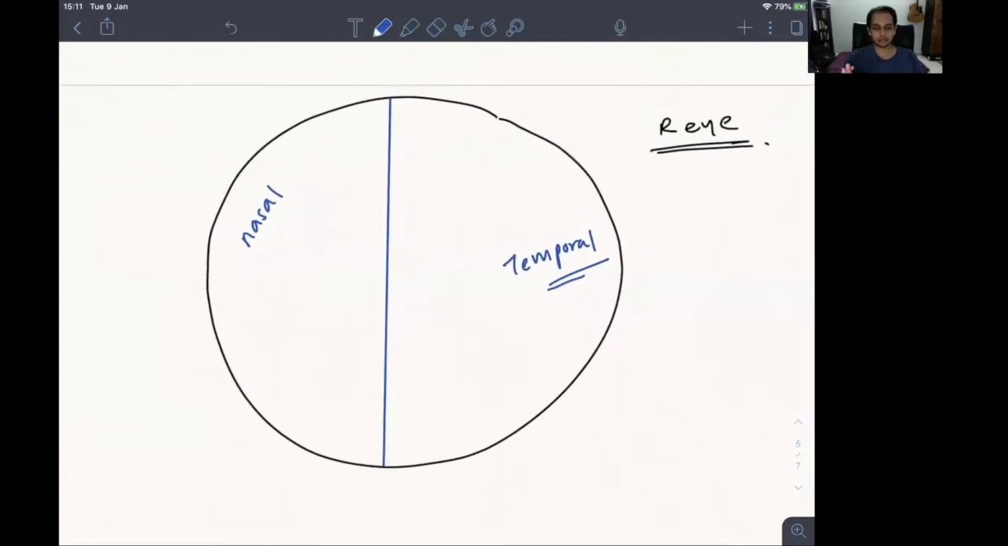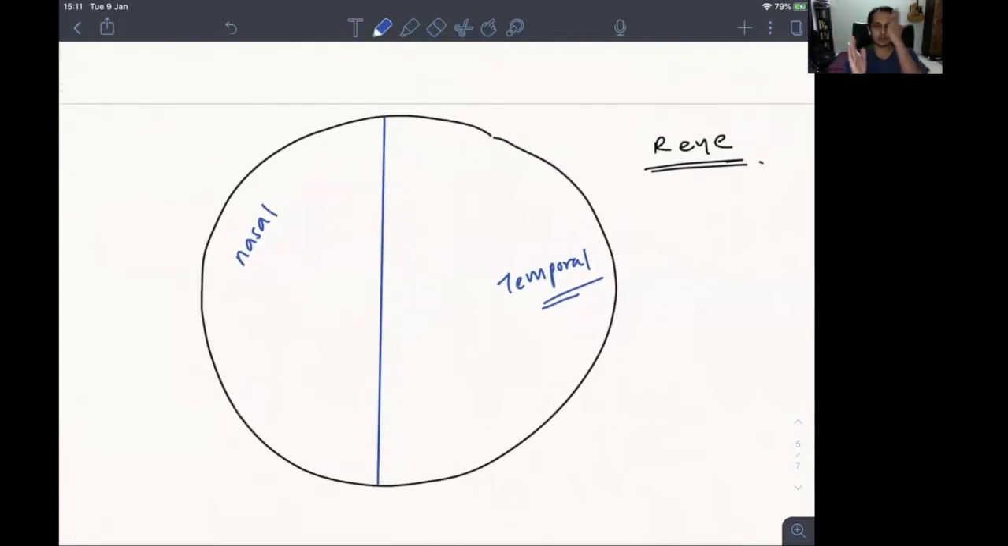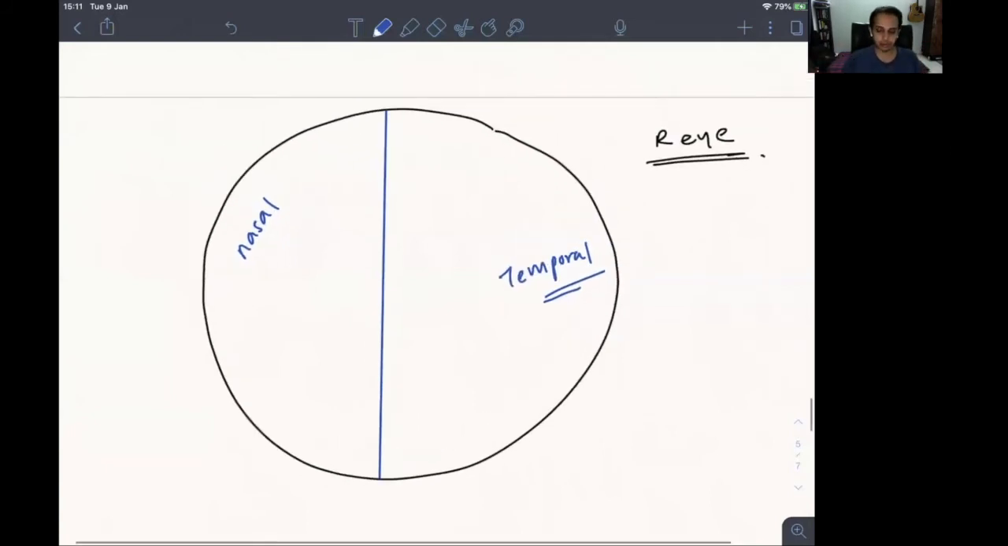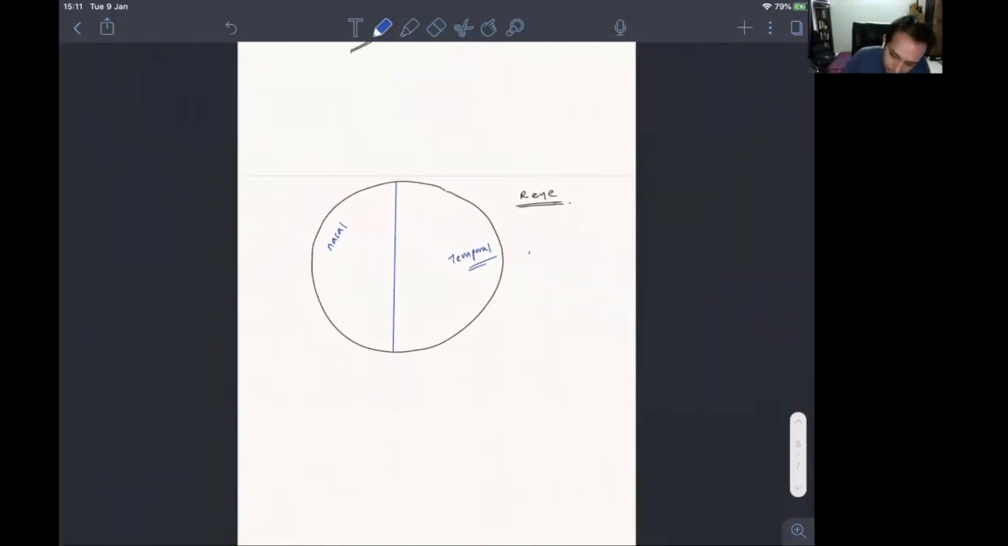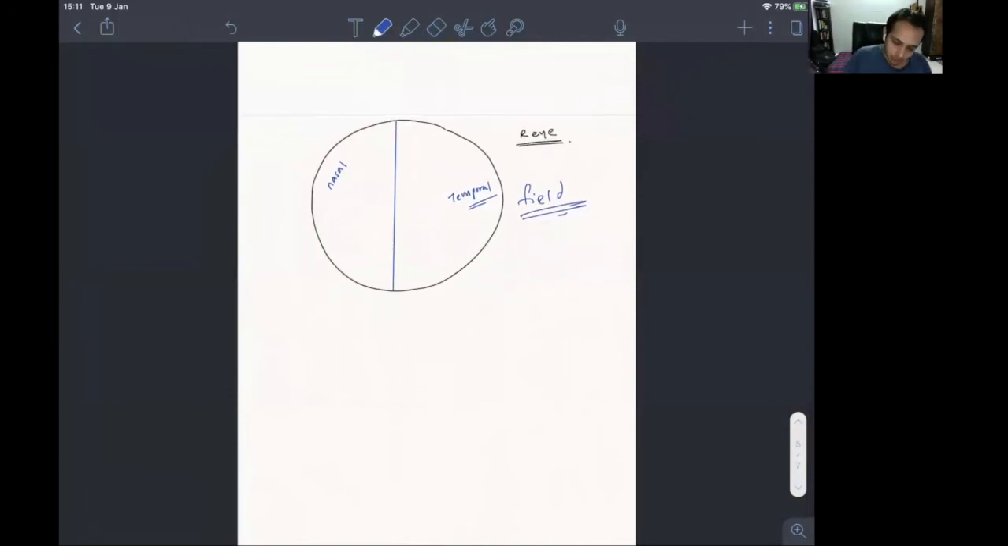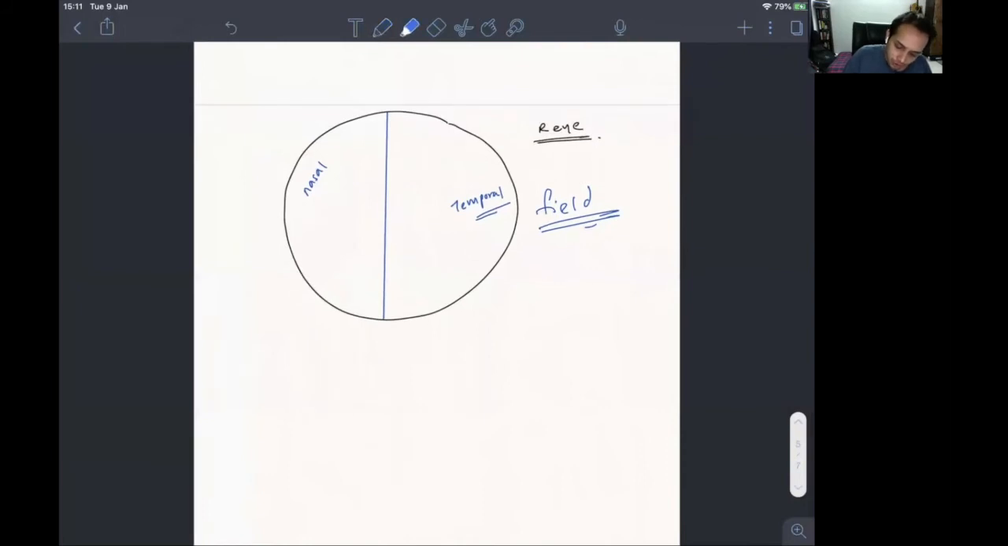For convenience sake, we'll draw a line in the middle. Is this clear? When you close one eye and draw a midline through everything you see, whatever you see in the nasal aspect is nasal, and whatever you see in the temporal aspect is temporal. Cool. Now we are talking about the field, so this is the field of vision, whatever is there in the world. Now, if you are unable to see anything from this side of the world, that is the temporal side,